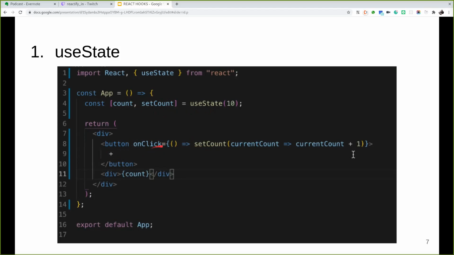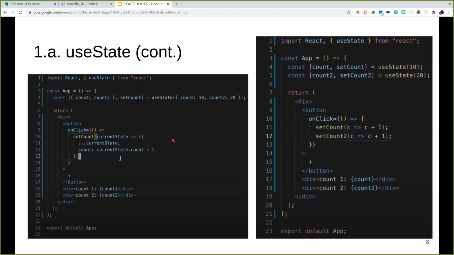Here I'm using button click to update the state count. In this case, I'm using the current count to increase by 1, but it can do anything more than this as well. When we want to display the current count in a class, we read this.state.count, but now we can simply wrap the variable inside curly braces and we're good to go. So the idea with hooks is that we are able to keep our code more functional, elegant, and avoid class-based components if it's not desired or not needed at all.